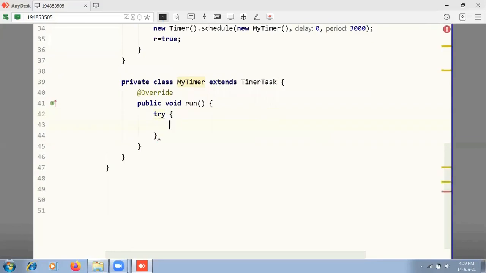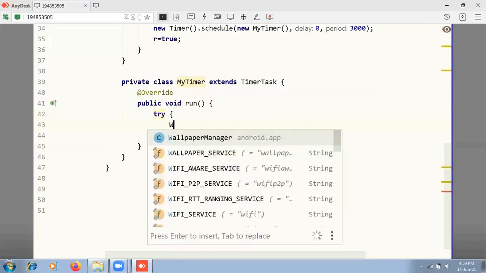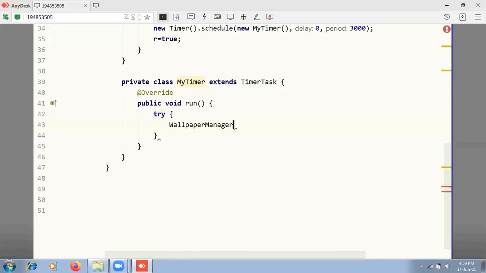Inside that, I will be writing the code. If any errors happened during extracting, we will have a catch block which will take those errors and print an error message. So try, inside this, I'll be creating WallpaperManager class and create an object of it,